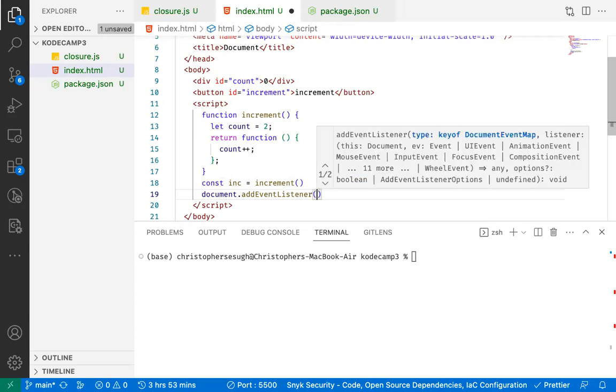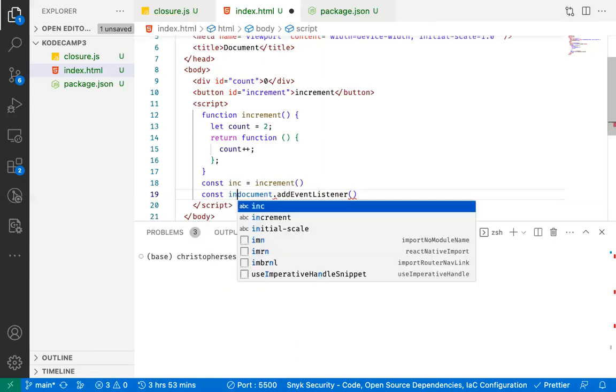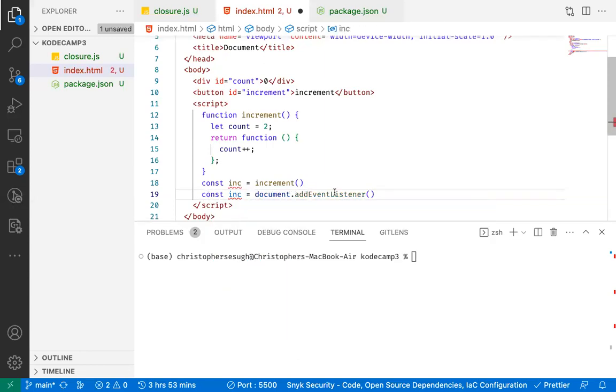Now you want to add an event listener to this handler. This increment here is a button and it's a handler, but you want to add an event listener to it. Or let's say you say const inc is equal to